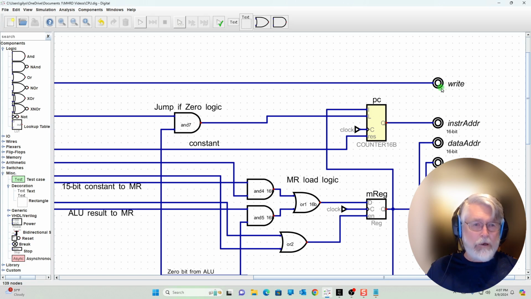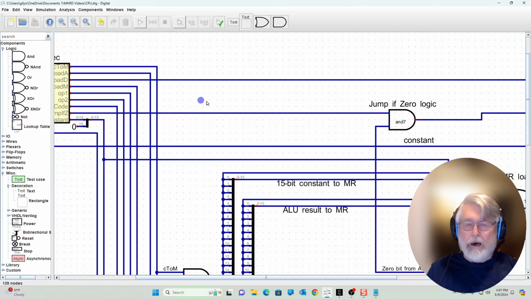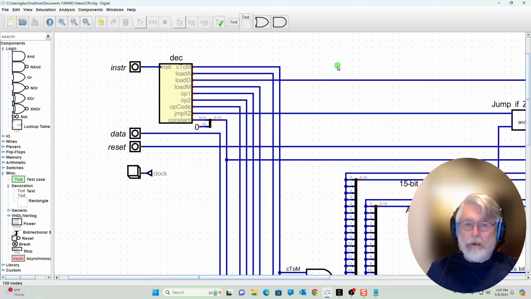It's an output. It goes directly to the output of the CPU. Load M is to load the M register. Then there's op1, that's a single bit. Op2 is a 2-bit opcode or operand. Then there is an opcode that goes directly into the